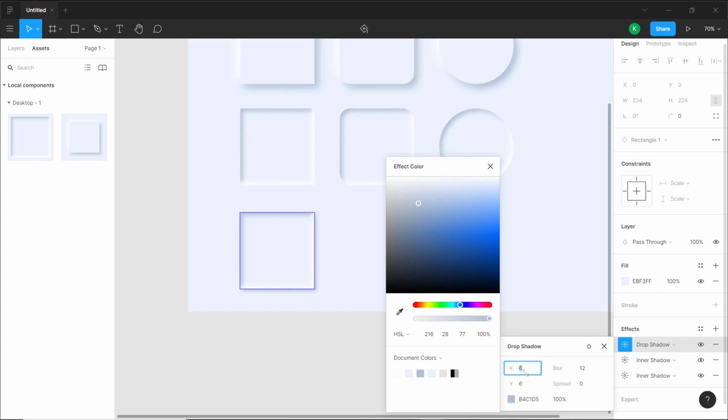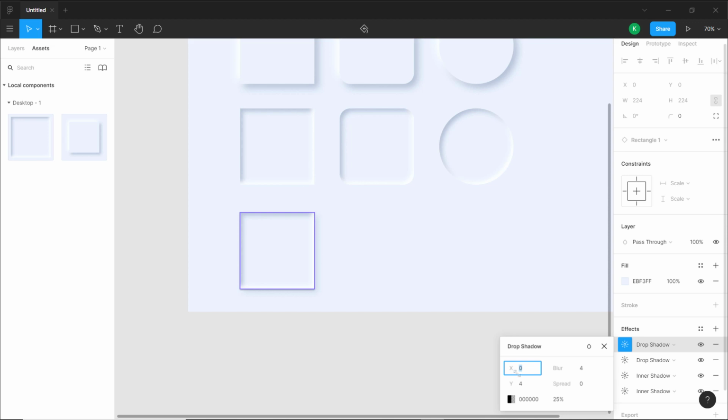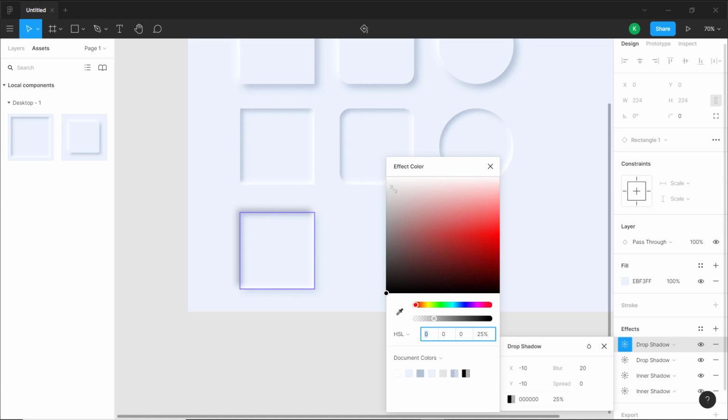I think we can increase the X values. So let's go ahead with maybe 10 by 10 and let's say 20, and this time I want to reduce the opacity to 50% like this. And let's create another drop shadow, and this time I want to give -10, -10, and a blur of 20, and the color should be white, and opacity is going to be maybe around